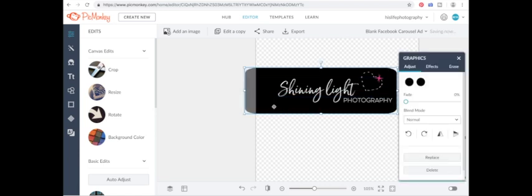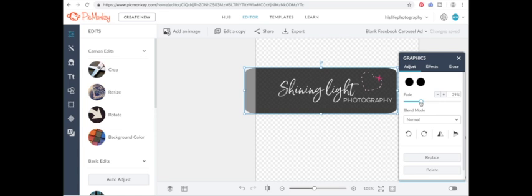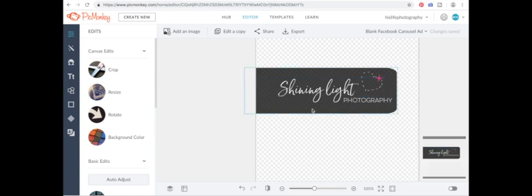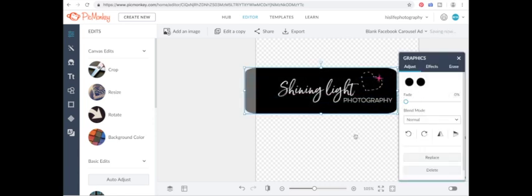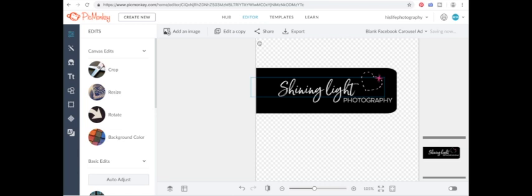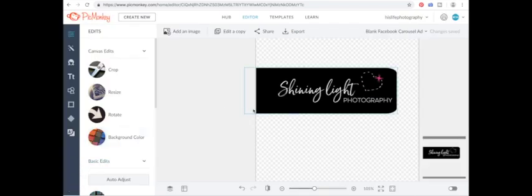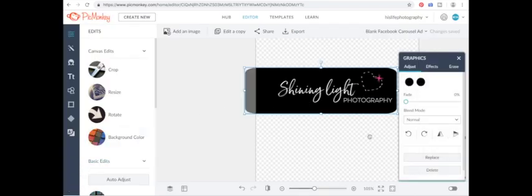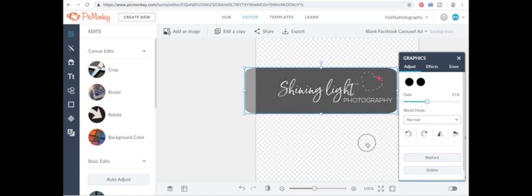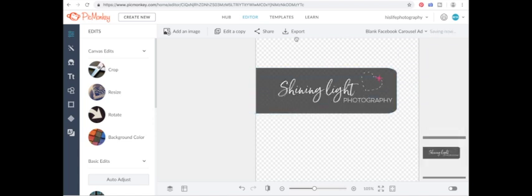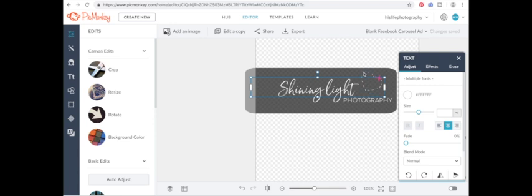You could also make this a little transparent so we can fade it a little bit, and I'll show you how that works on a photo. I would recommend saving it in a few different formats. So if this is your logo, save it like this. So we're just going to export it, save as sample logo, make sure that the dimensions are good, export to your computer, and then I'm going to save it in a little faded,